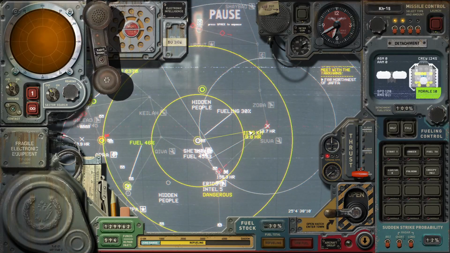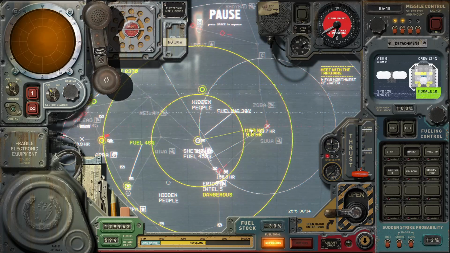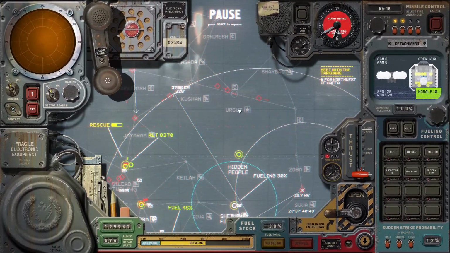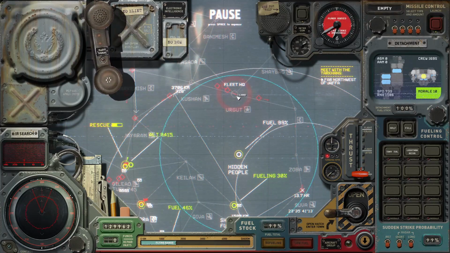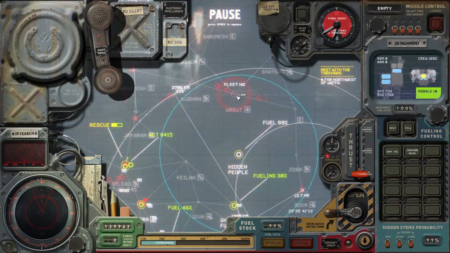I'm only a little bit worried about this situation because I'm not sure what's going to happen if they detect me and they start attacking, which probably they will. I kind of want to take a save game here, which we can do by taking Urgut. I could do it the old-fashioned way, go into the directory and copy a folder and all that, but...